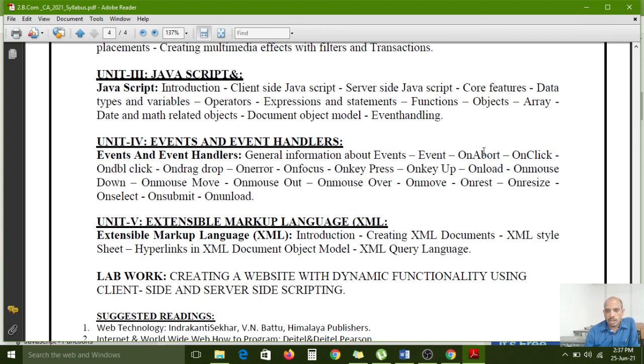What is an event? onabort, onclick, ondblclick, ondragdrop, onerror, onfocus, onkeypress, onkeyup, onload, onmousedown, onmousemove, onmouseout, onmouseover, onreset, onresize, onselect, onsubmit, onunload. The university has given these many events. In the next class, I will explain each and every event.